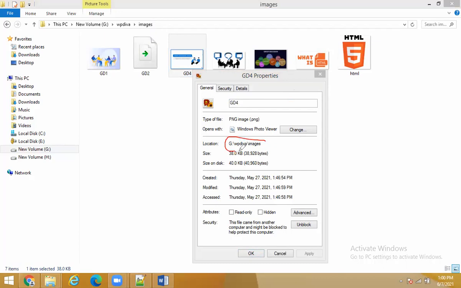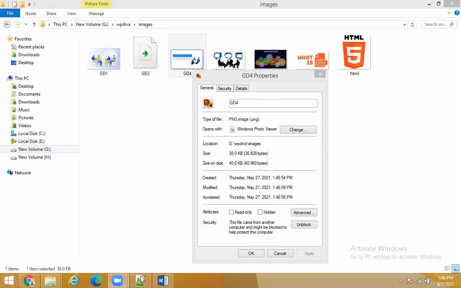This is under WP division A images, and I have given JPG, whereas what is the format of the image? What is the format, guys? Tell me. See here, PNG. The format of the image is PNG.